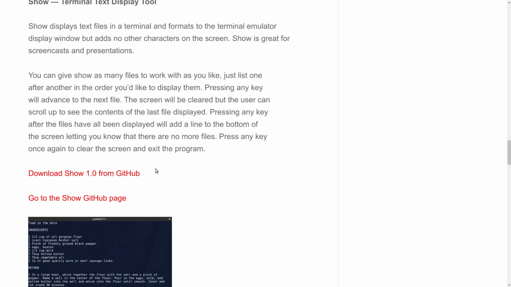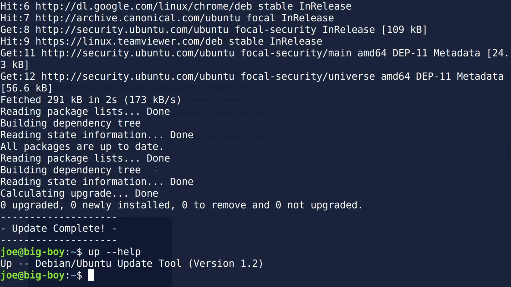And I needed a way to display text files one after the other without any adornment on the screen at all. So if you're working in a terminal and you just use cat to scroll it up the screen, that doesn't quite work. And if you use something like Nano, then you have all of the Nano stuff around it, all of the different options and everything. And I wanted something that would just show text without anything around it at all, and do it with multiple files.